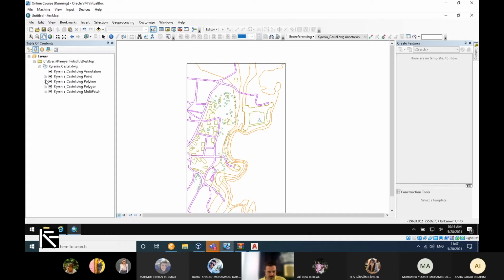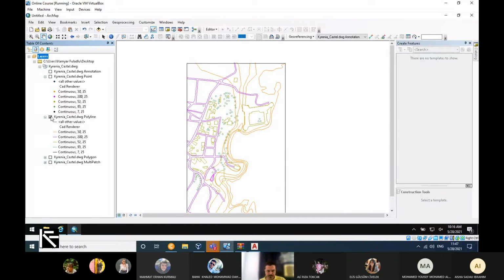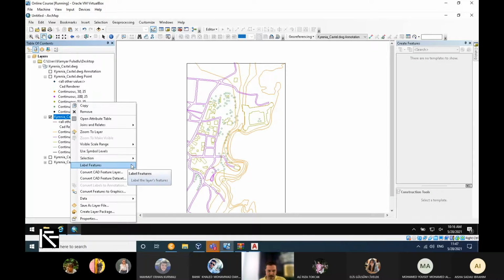As you can see, we have a point layer which is useless. We have annotation, which is useless. We have a polygon, useless, and we have a multipatch. These are all useless except this one. I need to choose this one,